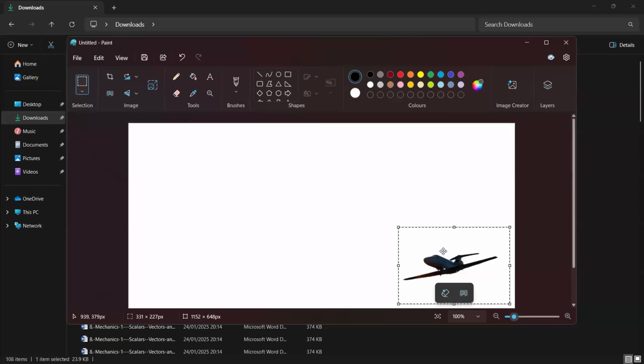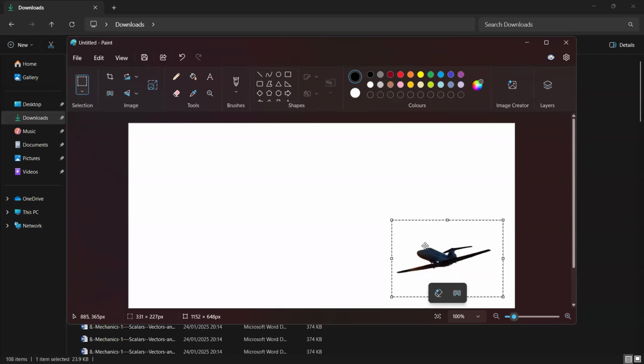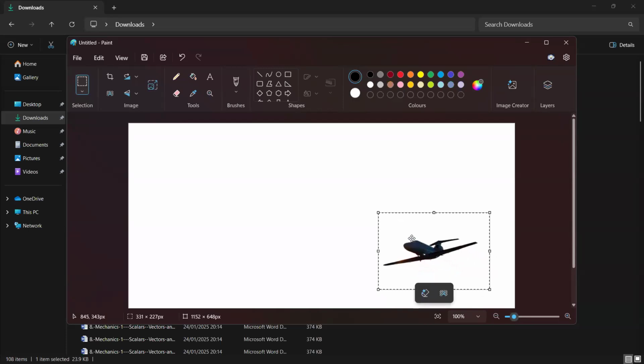No, move it up a bit. Okay. All right, so leave the size like this. We want to be noticing that the size has changed. Save this as plane 2.